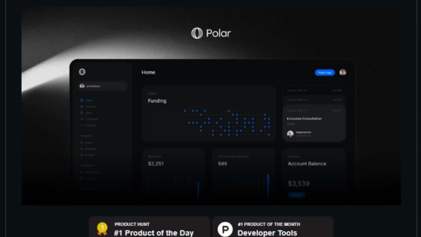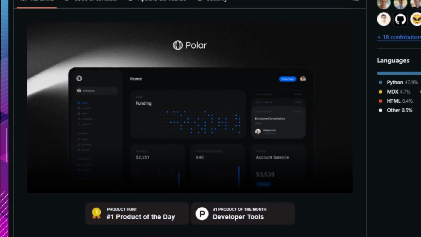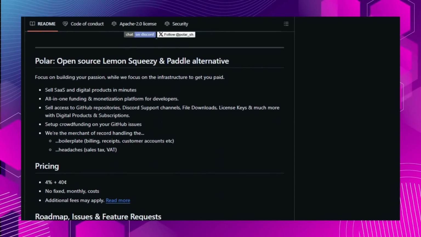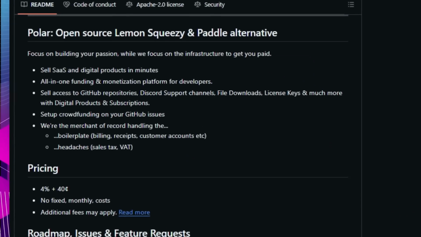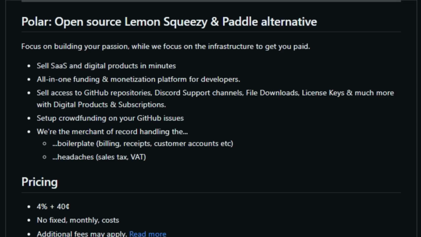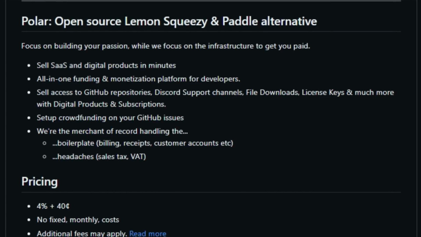Polar lets you sell anything digital, from SaaS subscriptions and software licenses to ebooks, online courses, and even access to exclusive content like Discord channels or private GitHub repositories. Think of it as a free and open source alternative to popular platforms like Lemon Squeezy and Paddle. It's incredibly easy to use and takes only minutes to set up. Polar handles all the essentials: billing, receipts, customer accounts, sales tax, VAT, and more, regardless of where your customers are